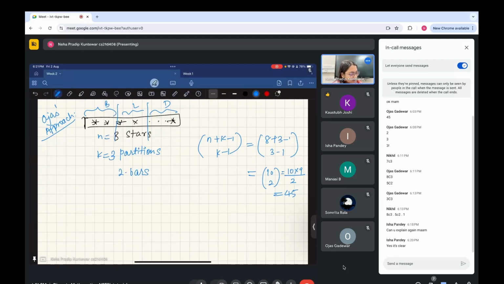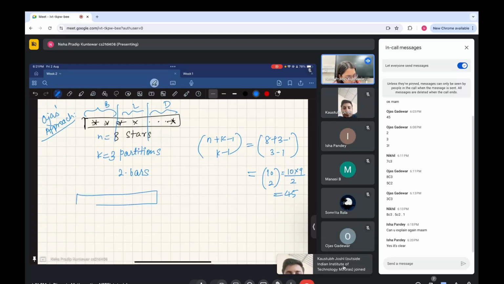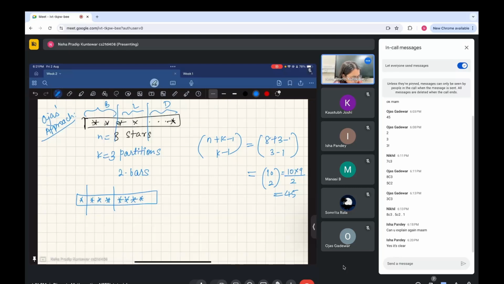There are two problems with this. One problem is that when you get these three partitions, whatever is to the left will be your breakfast items, the middle one would be your lunch items, and the ones towards the right, the remaining ones, would be your dinner items. But the partition we are making could be of arbitrary size. For example, it could give you one item for breakfast, three items for lunch, and the remaining four for dinner. So this is not what we wanted, because